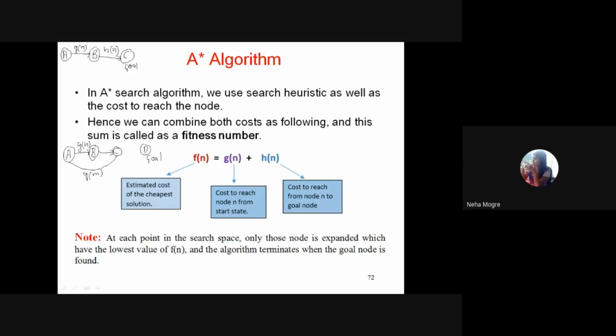But if there is a path from B to C, you have already read this in your design analysis, the Floyd Warshall algorithm. Have you read that algorithm? Yes, ma'am. In the Floyd Warshall algorithm, you have already seen that you calculate the cost, suppose n comma m.